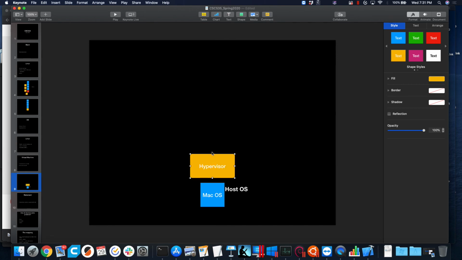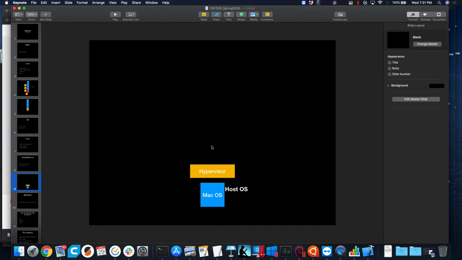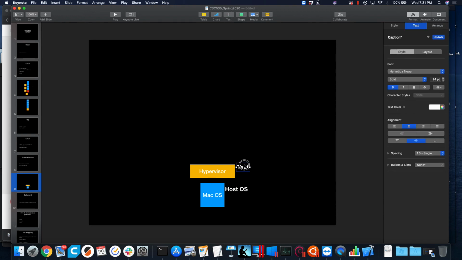There's a couple different levels of Hypervisor in terms of how much it lets you get to the underlying hardware. We're not going to worry too much about that. Let's just assume this is a user level application that runs on top of my operating system that allows me to share some of my resources inside my computer. That's what it does.